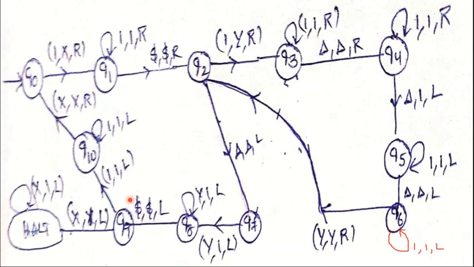After that we reach the dollar. That dollar is as it is and then move left. Next we are getting the variable as 1. That one is also as it is and then move left. All ones can be skipped. Whenever we reach x, then as it is, no operation, and then move right. That means the first one was converted to x, that's why we reach x. After that we read the second one from variable A. Now this one can be marked as x and then move right.